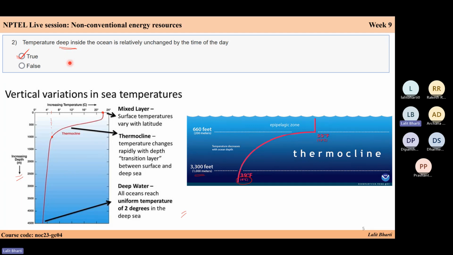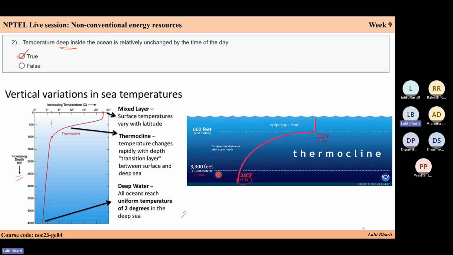So it's just a simple question based on the temperature of the sea. From the figure on the right, we can say that this is the sea level. Basically, the sea temperature at sea level depends on the movement of the sun and the atmosphere above the sea level. But as you go deep into the sea,